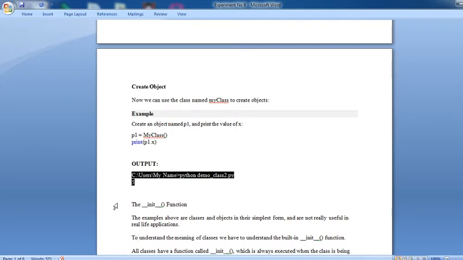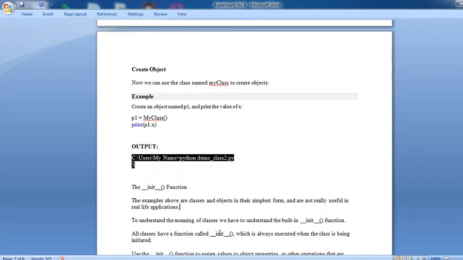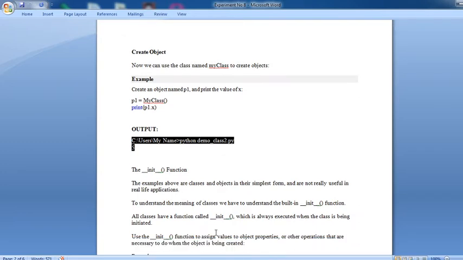Next task for objects and classes is the initialize function, using the keyword init. The examples above are classes and objects in their simplest form and are not really useful in real-life applications. To understand the meaning of classes, we have to understand the built-in init function, that is, initialization.